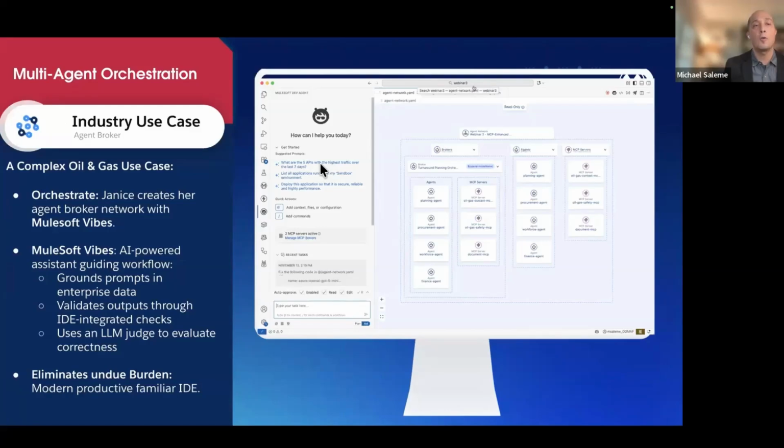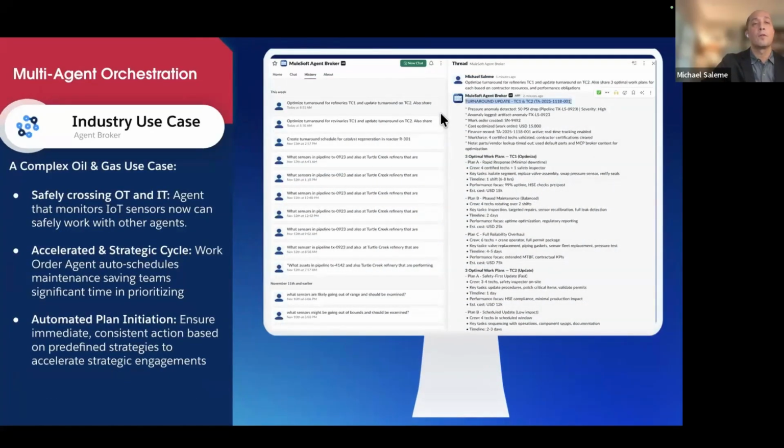Additionally, she has a coding agent optimized for building these called MuleSoft Vibes. MuleSoft Vibes is an AI-powered assistant for building these applications. So she's eliminating the guesswork and getting more work delivered. That's how she works so fast. So she builds her agent network, and then she deploys it so that it's accessible via a simple interface with collaboration tools like Slack and other collaboration tools.